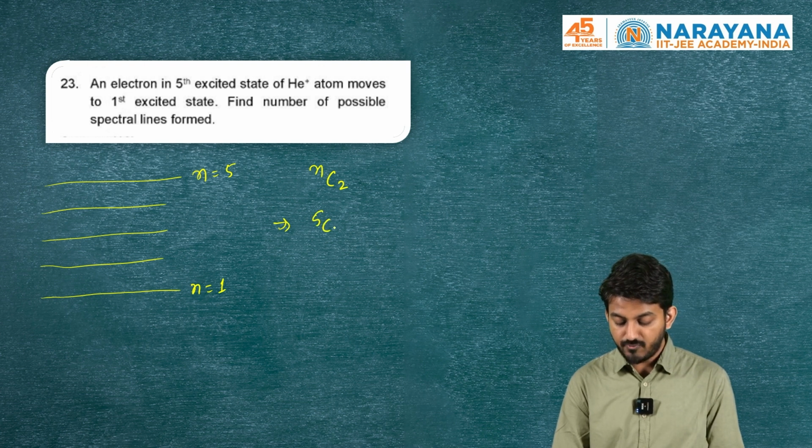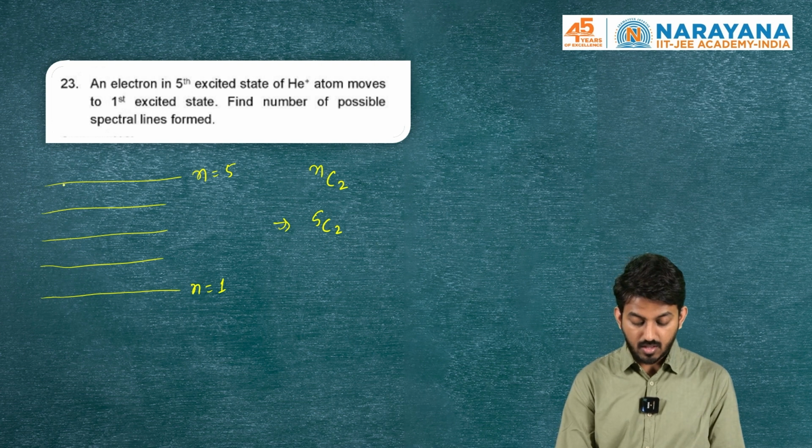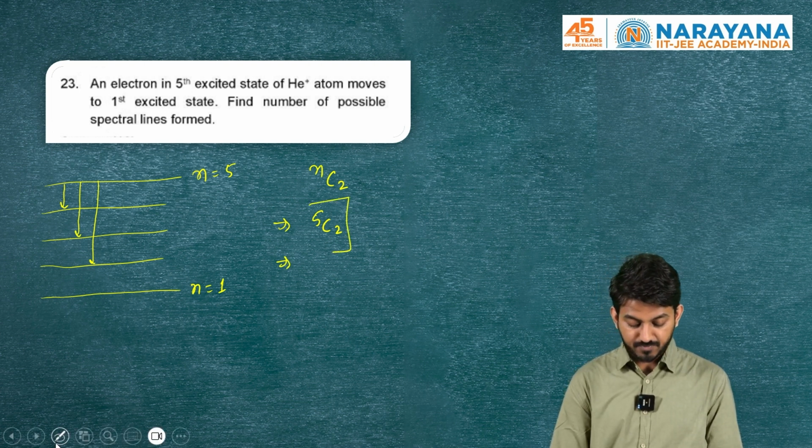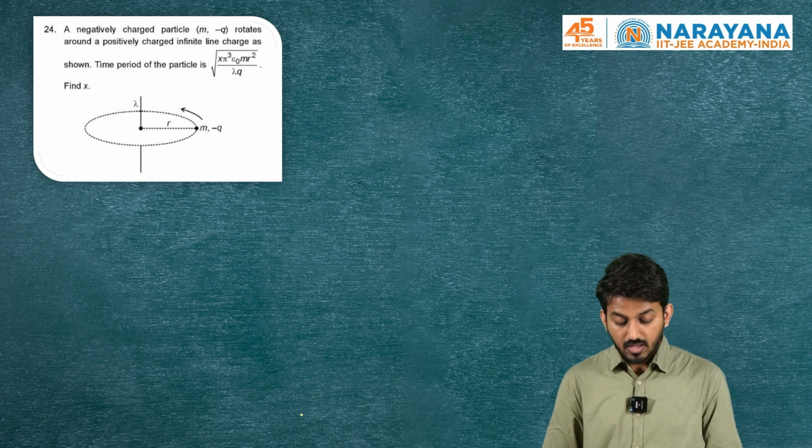So our answer is going to be 5C2, giving us 5 into, like we can select any two like this, and we can do this by this way or simply by counting this. Like possible transitions are going to be this, like that, and if we start counting, that will be too big a number. Now finding this value here is going to be the answer. Next question here,